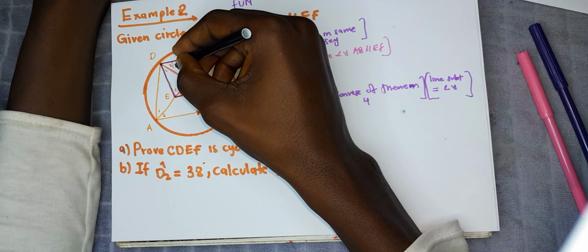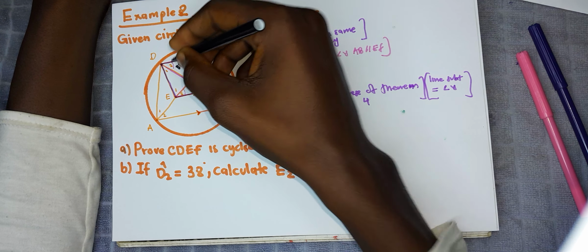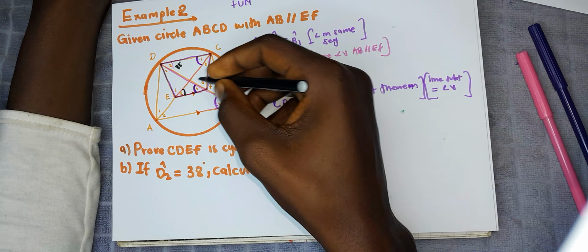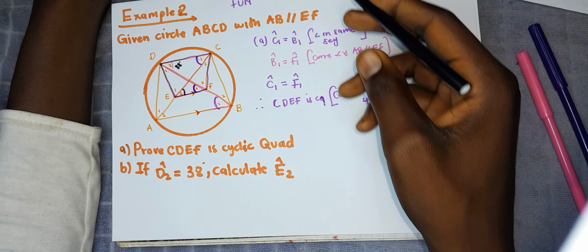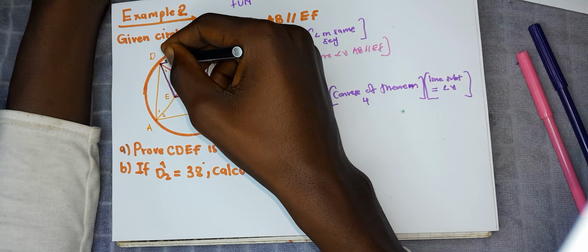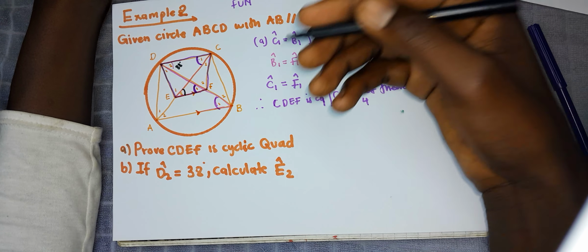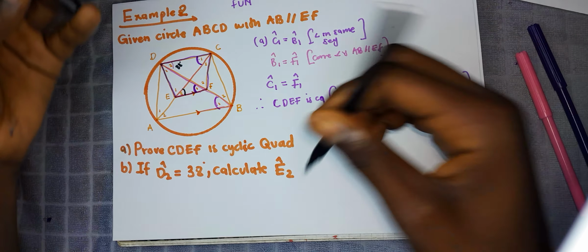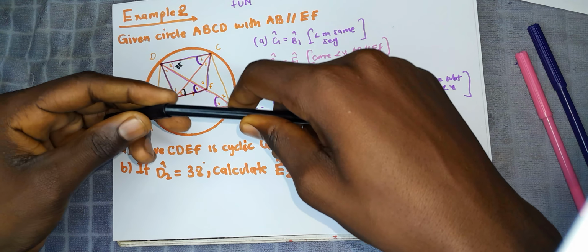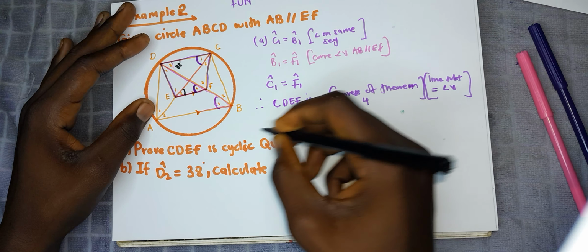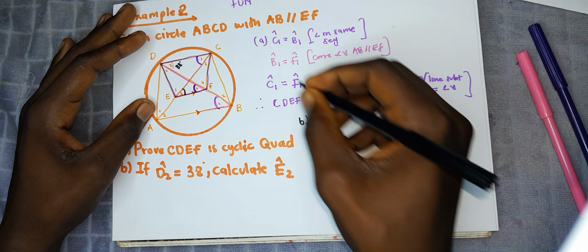So here we are given that this is 38, and then we're asked to calculate this particular angle. We know that DEF is a cyclic quadrilateral. So if this is a cyclic quadrilateral, this particular angle is going to be equal to this particular angle. But if you don't understand this, you're going to find angle E in a longer way. So from here on, first we're going to say that